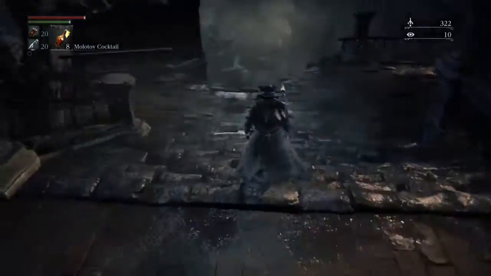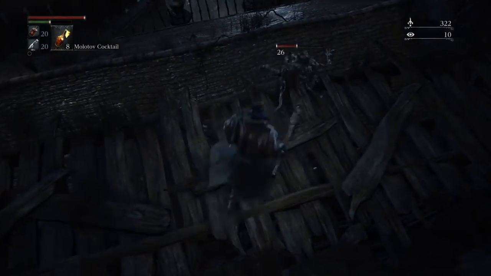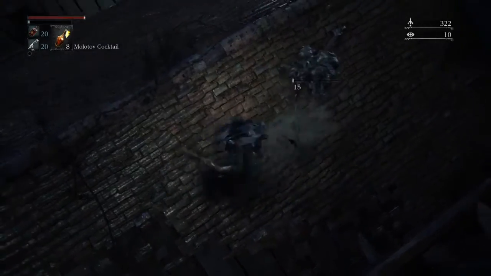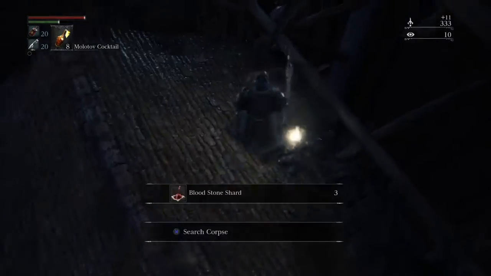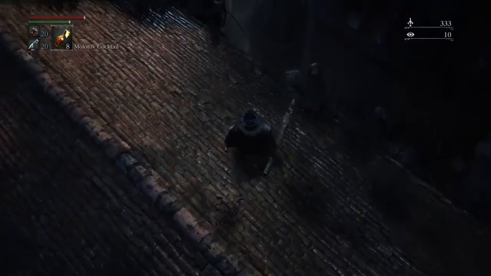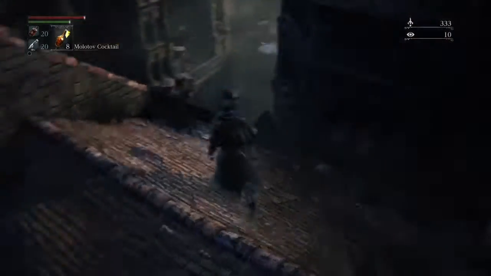Alright, so I'm gonna go down here. There's a little crystal lizard guy. I don't know their actual names, so I'm gonna call them the crystal lizards. There we go. Because crystal lizards are the names of the equivalent enemies in Dark Souls. Okay, so we've dropped down. Oh, I missed that. Oh well. So we've dropped down here,